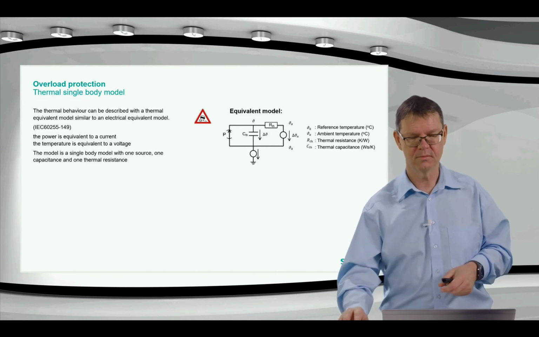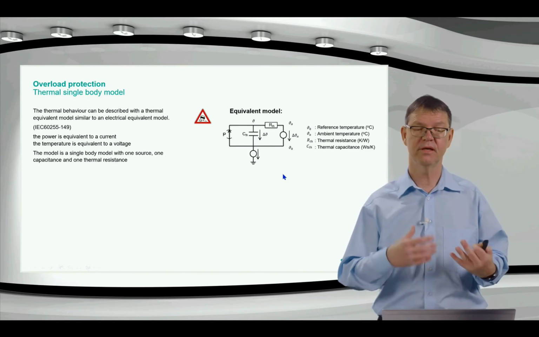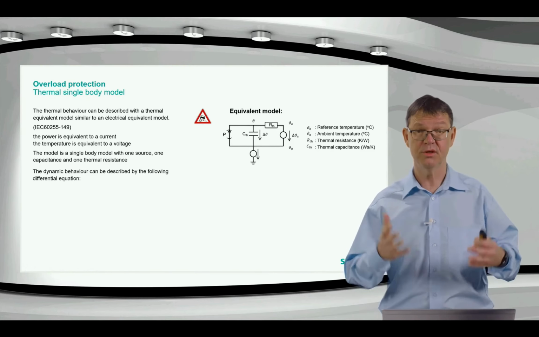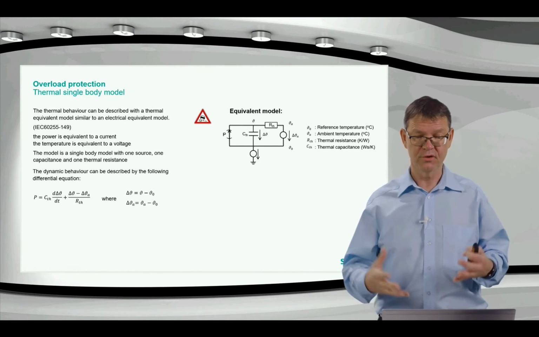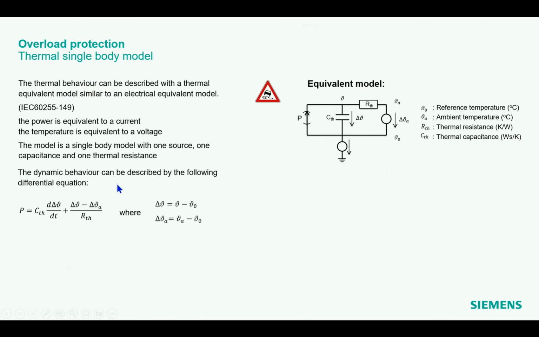And now we need to derive something from this physical model so that we can use it for our protection function. And we do this in several steps. The first step is we describe this model here with an equation, and we have here a differential equation with the given values, which you can find in the equivalent model. Now here we have all real quantities like the power, a thermal capacitance, a thermal resistance. So we need somehow to get rid of that and come from this physical model to something where we can use the data we get from the motor manufacturer. And we do this in